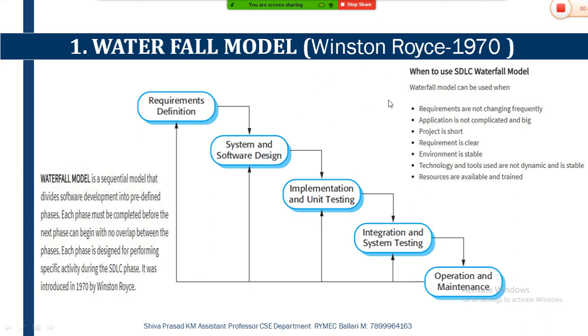System design gives you the outline structure of your system, whereas software design gives you the inner design of your system. Inner design in the sense that the interfaces required between each and every component of your system can be known to me only with the help of software design. Once you design the architecture of the system and the software interface of your system, that part will act as the output of the third phase, which is called implementation and unit testing.